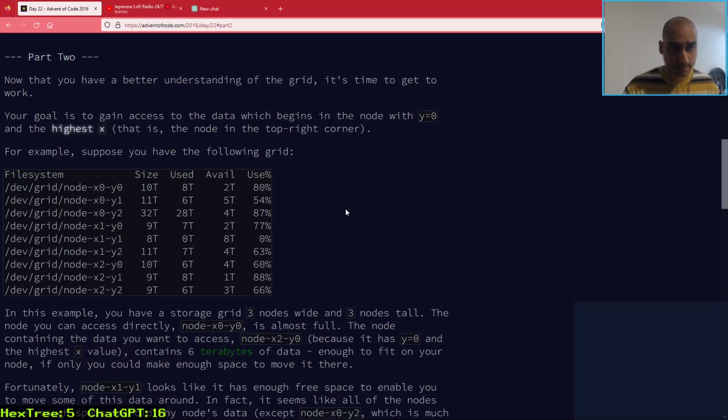That's the top right. We can only access 0, 0. We want to access 2, 0. So we need to move the data from